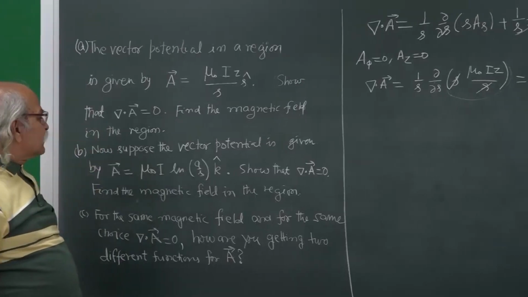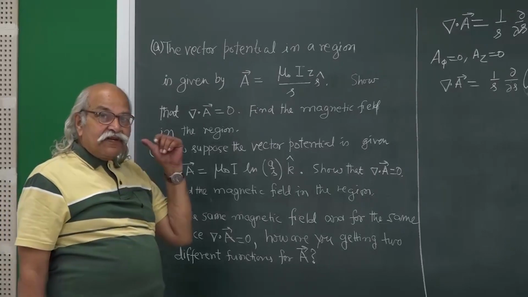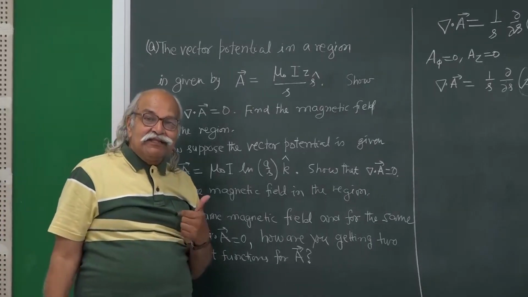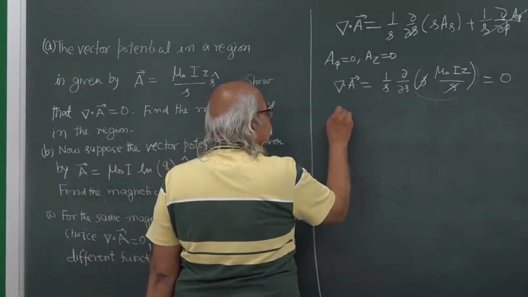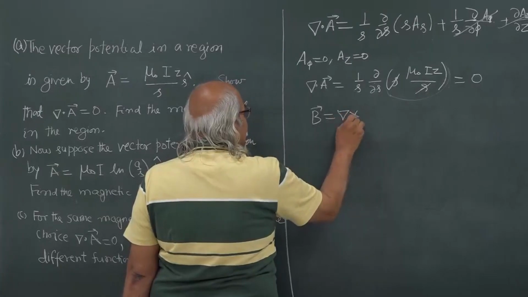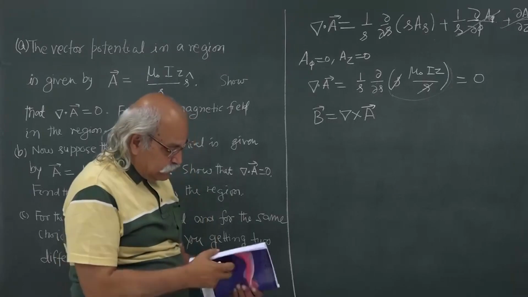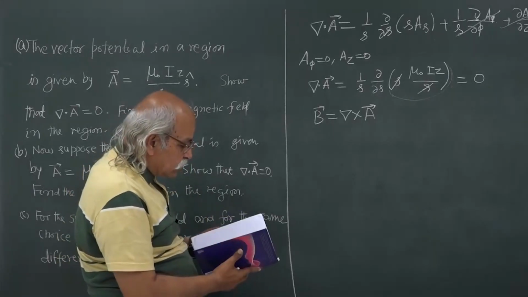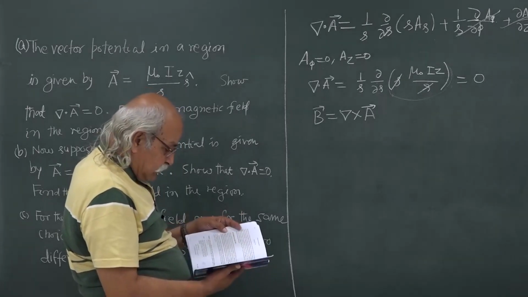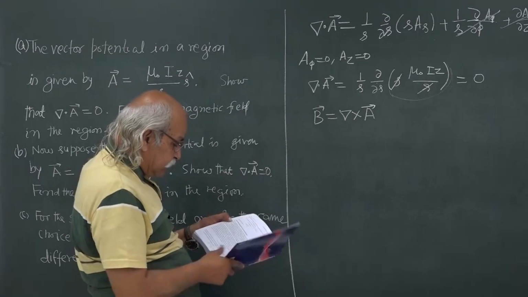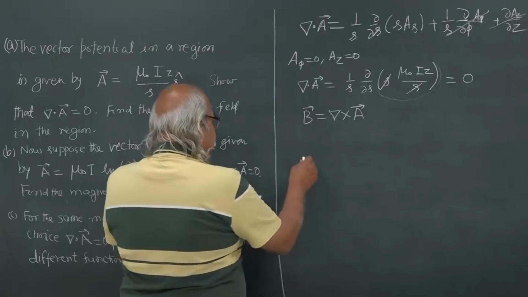So, that is one. Then find the magnetic field in the region. Now, if the vector potential is given, finding the magnetic field is straightforward because that is the definition. Your B is equal to curl of A. So, once again I will have to go to the book and the appendix and look for the curl equation in cylindrical coordinates. So, this is the curl here. This is in cylindrical coordinates, curl of A is equal to